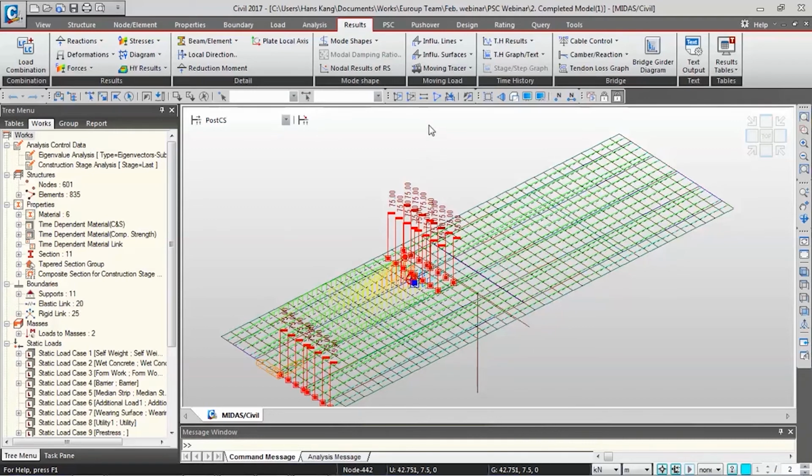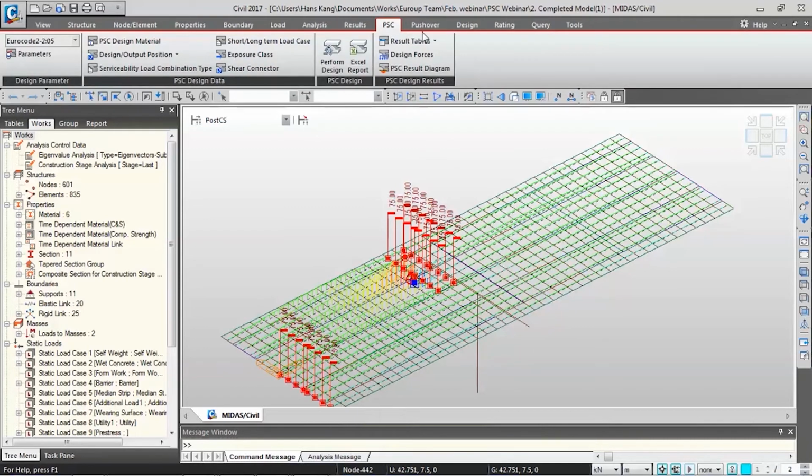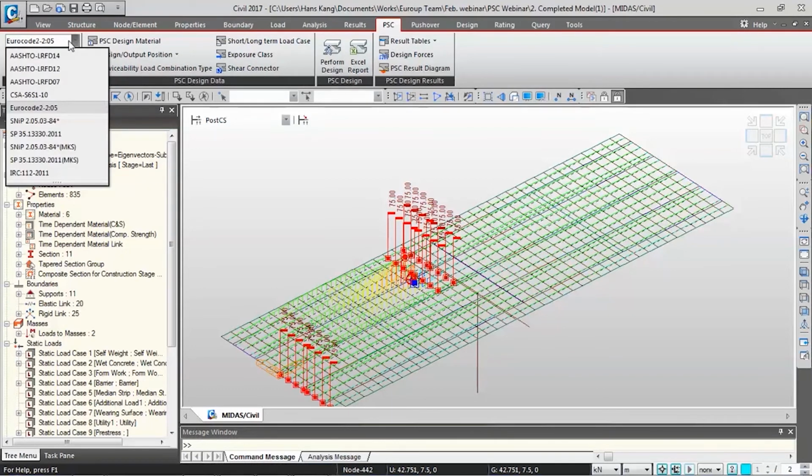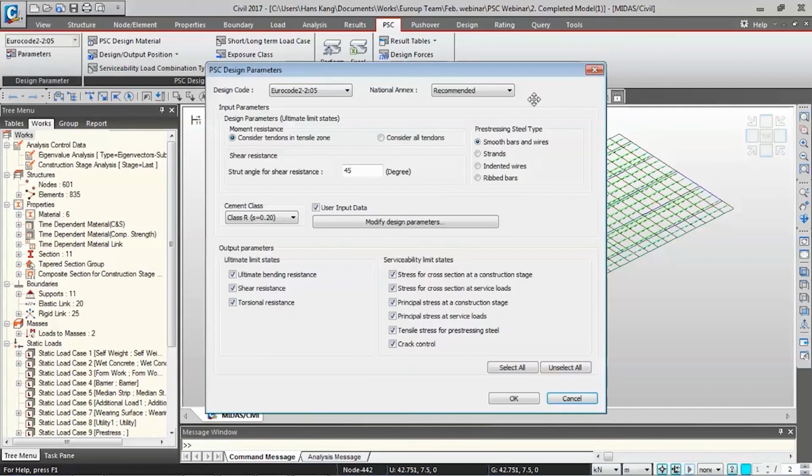Okay, now we're gonna move on to the design tab, the PSC design tab. Click the PSC tab and you can see the design codes, the AASHTO code, Eurocode, and the other codes. We can check it and click the parameters. Then we can select the options, the ULS options and the SLS options. Here, of course, we can check the ultimate limit state and the serviceability limit state,